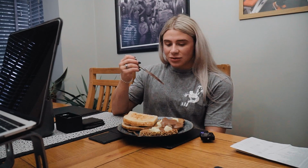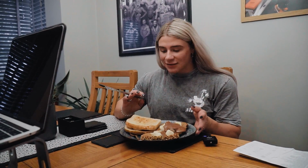So this is 200 grams of sourdough bread. It is supposed to be 4 whole eggs and 100 grams of blueberries with this, but eggs when you're trying to eat a lot of food, for me, they just get clogged in my throat and I feel like I'm going to vomit all over my table when I eat them. So it's a no from me right now. Probably when I go into prep and I get a little bit hungrier, because they're a little bit more volumised, or you can volumise them a little bit, I'll probably go back to...